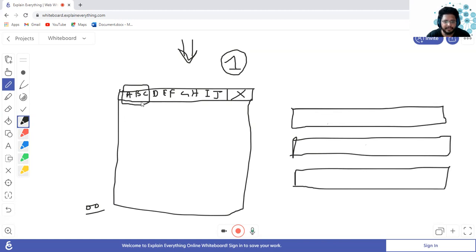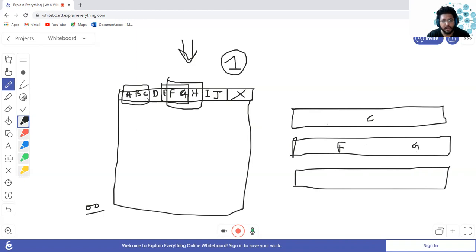I only considered ABC, and I found that out of ABC, C is the best one. Very good. Then to consider which attribute should be the next split, I consider another group, EFG, randomly. There is nobody guiding me here. Suppose I consider F as the next one. For the next one, I again consider one more sample, say FGH, randomly, and I get G.